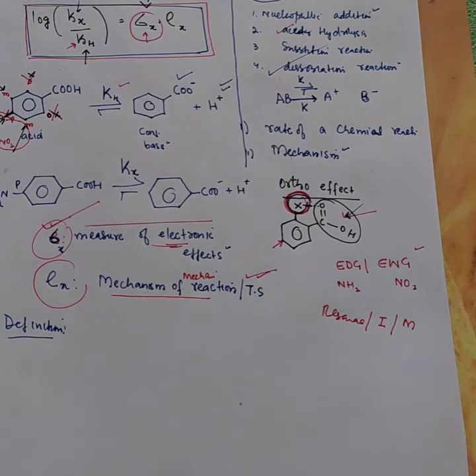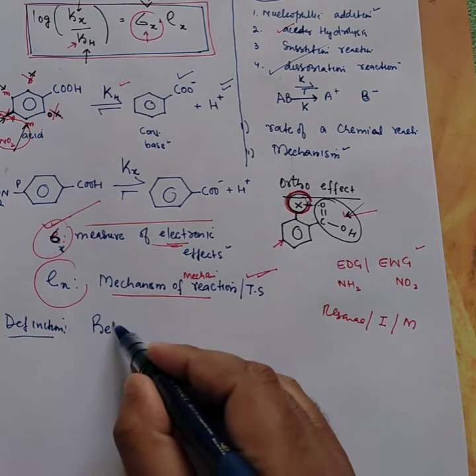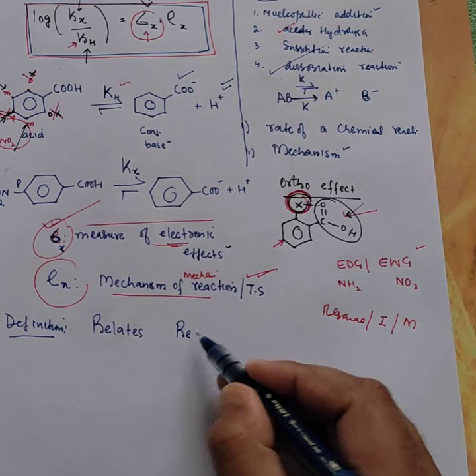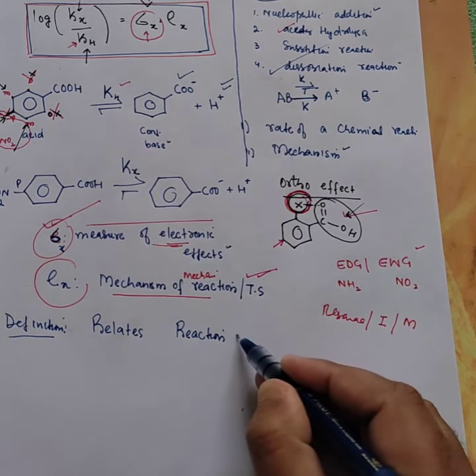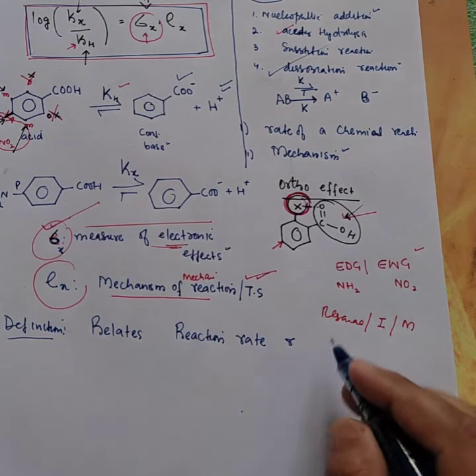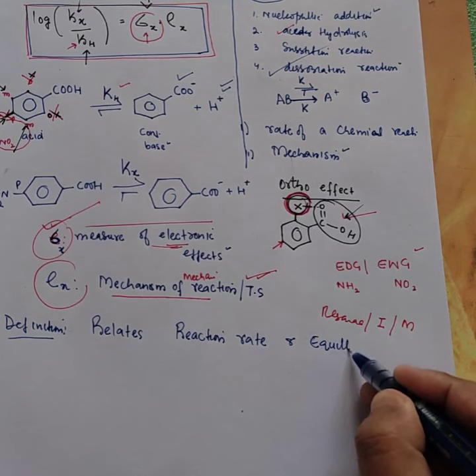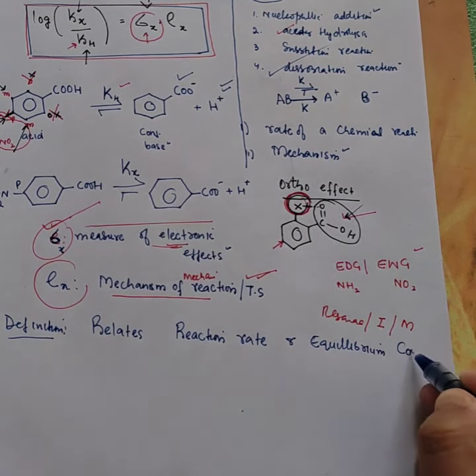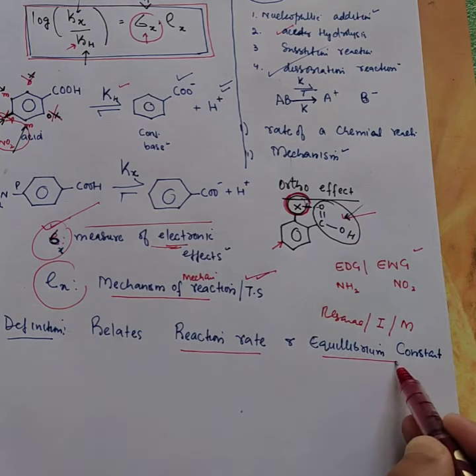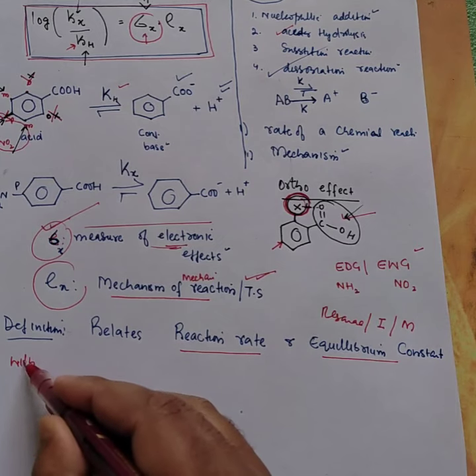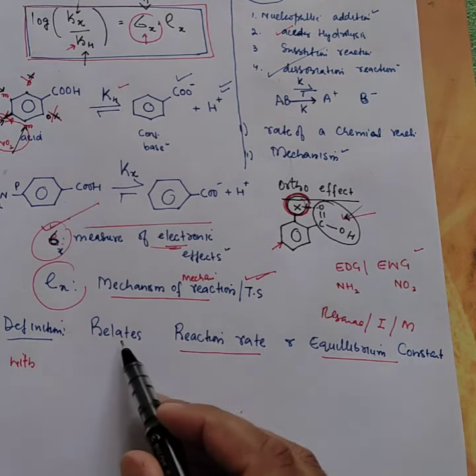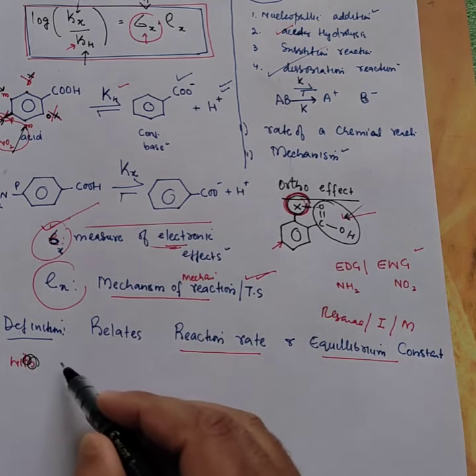So this equation relates a reaction rate or rate of reaction, यानी किसी भी reaction का rate, and equilibrium constant, यानी इन दो terms को reaction rate and equilibrium constant, it relates the rate of reaction and equilibrium constant of